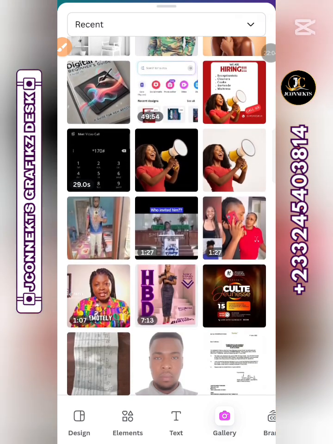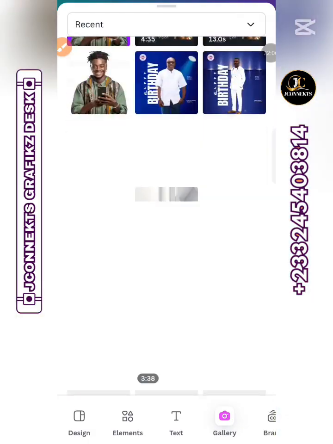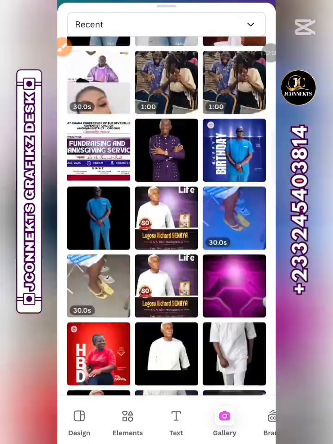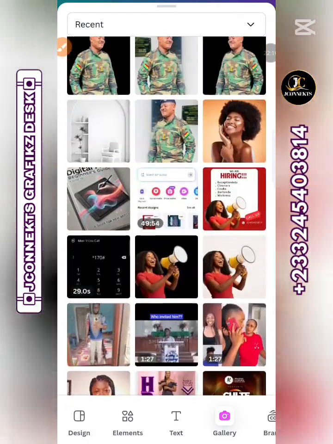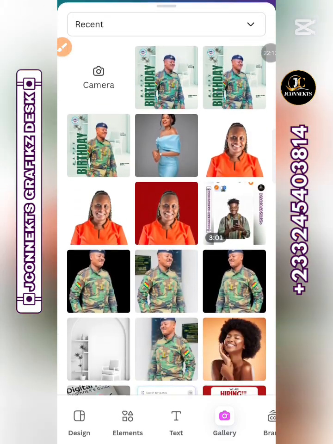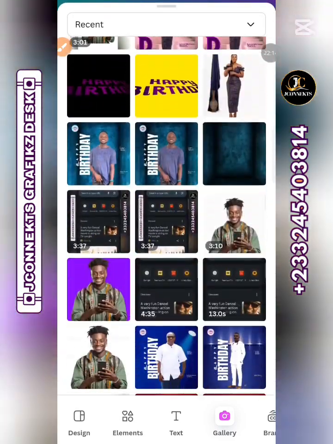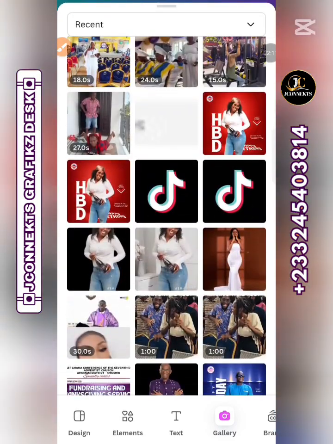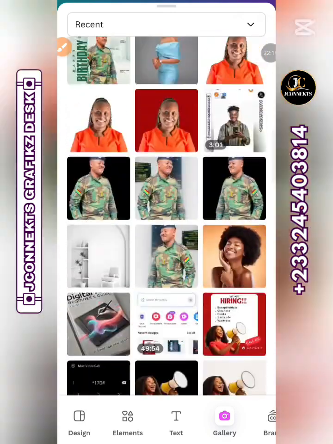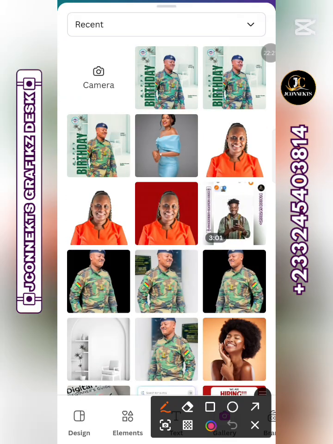It will take you to your gallery and the most recent pictures that you have on your device will be displayed. Okay, in case you have a particular folder in which your pictures are, or the picture that you want to use is, all you do is to tap on this right here at the top. You can see recent. Okay, so you tap on it